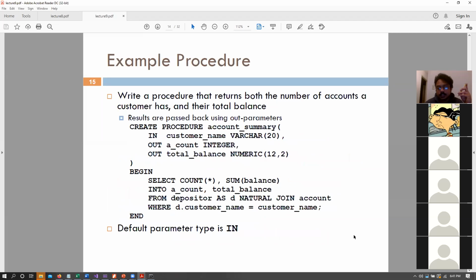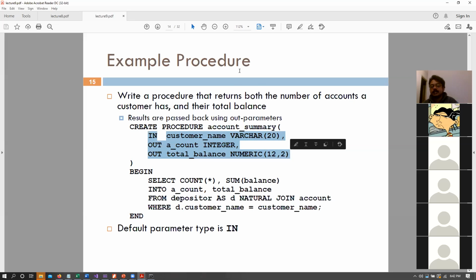So an example procedure would be, I'm guessing you might wonder why use a procedure in the first place if it does not return anything. What is the use case except for updating tables? But essentially, there is a slightly different syntax for procedures. We can create a procedure sort of similar to what we did for functions. So create procedure instead of function, account summary, and note how this procedure takes in 3 arguments, right?